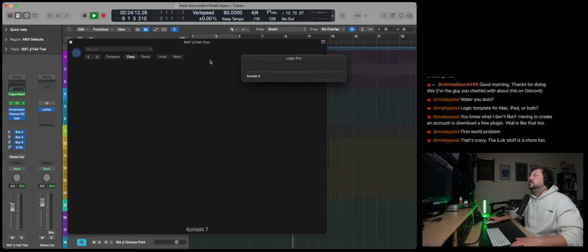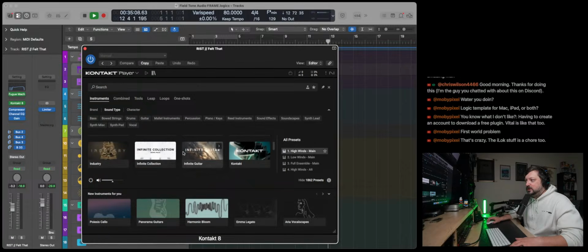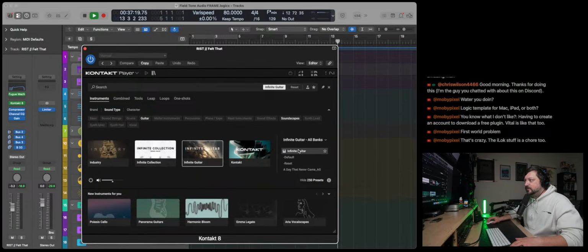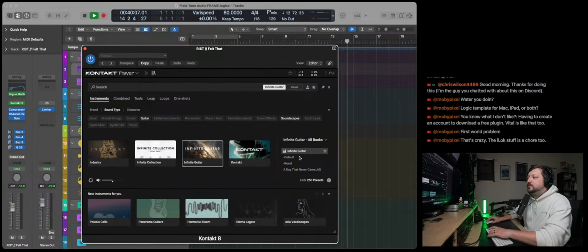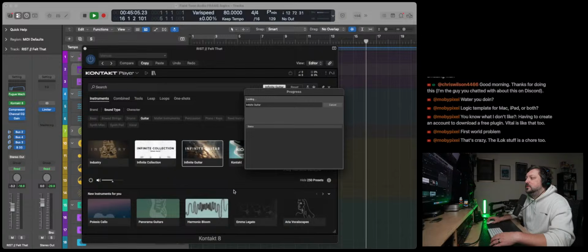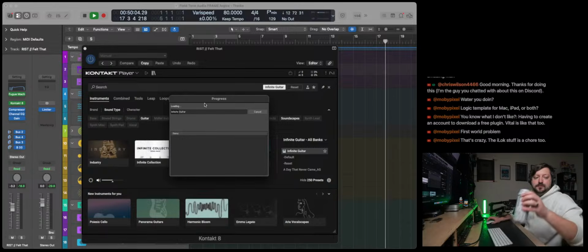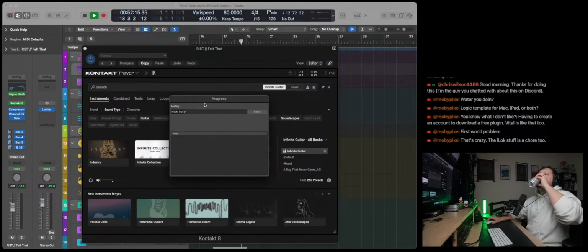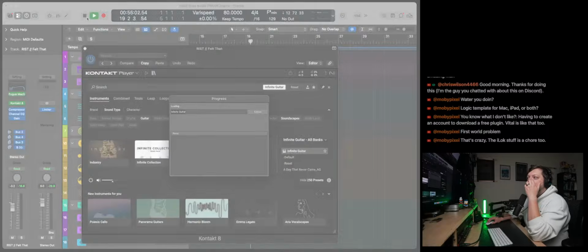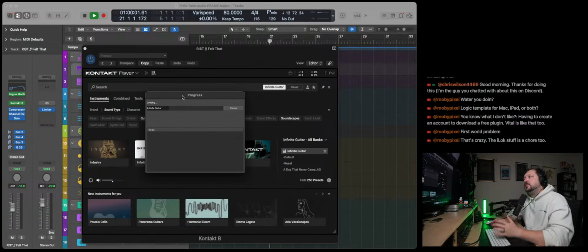What if someday we're gonna open up Contact and it's just gonna say Native Instruments no longer exists? Sorry. Let's load up Infinite Guitar. But yeah, the routing that comes in Frame, it's not just because there's Field Tone Audio